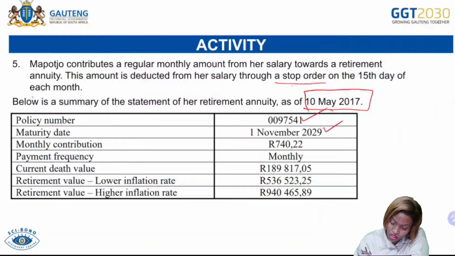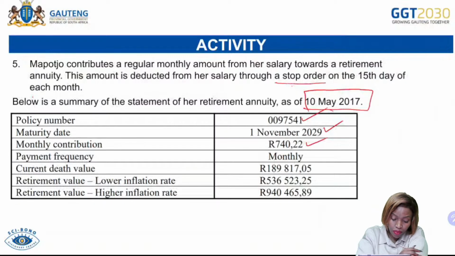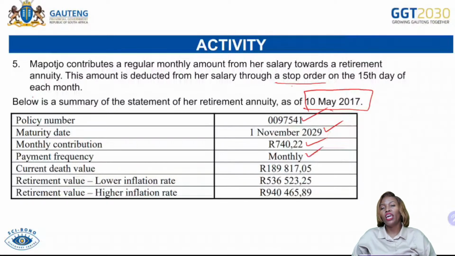What is the monthly contribution? She is paying 740.22 cents every month. Payment frequency, she pays every single month. And the current death value, this means that if should anything happen to her, should she die, then this policy will pay out